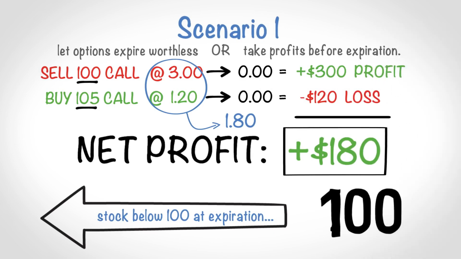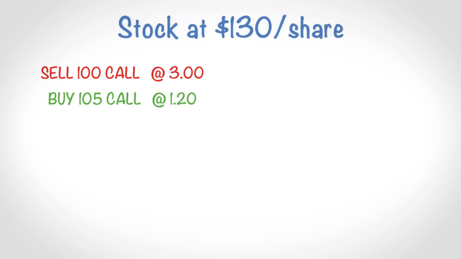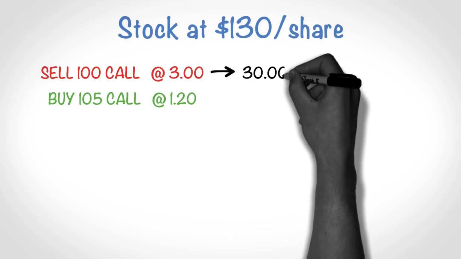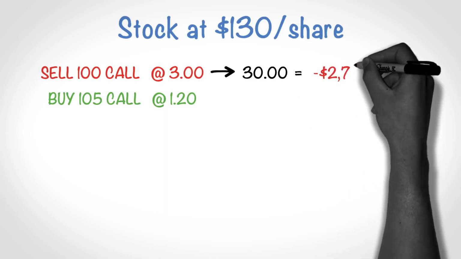Now let's check out another scenario. Even though there's only a 1% chance of it happening, let's say Netflix stock decides to go nuts and ends up at $130 per share. Let's break it down and see what each individual option price will be. Our short 100 strike call that we sold for $3 is now 30 points in the money, so now it will be worth $30. If we sold this call naked, that sucks big time because that means we lost $2,700,